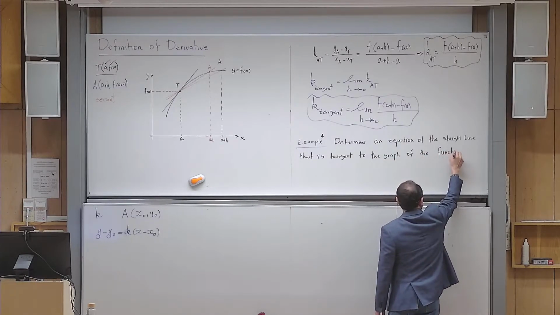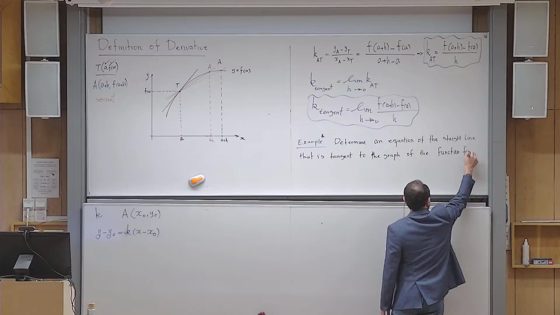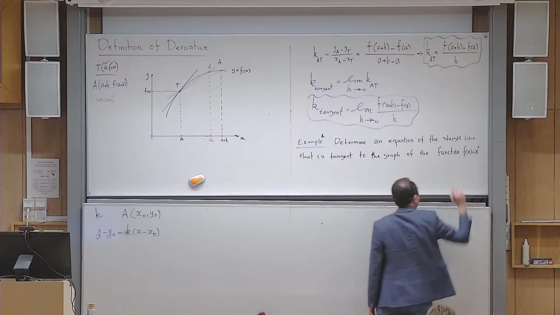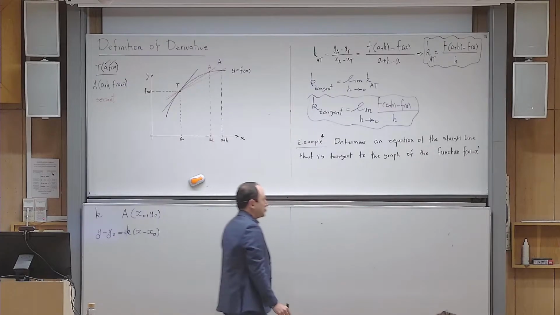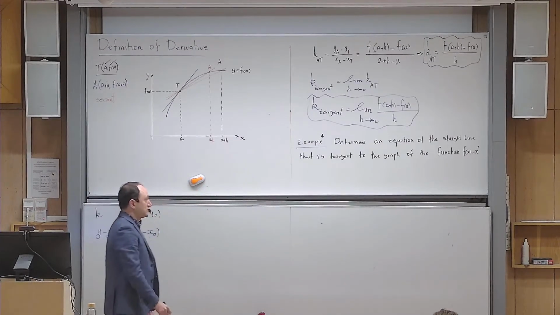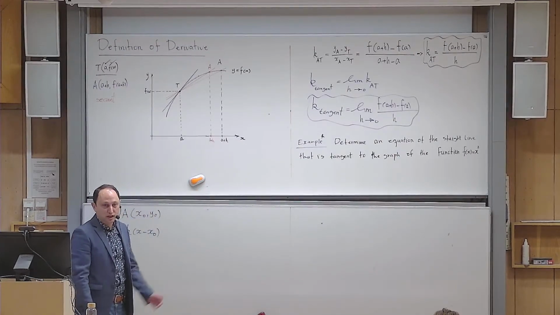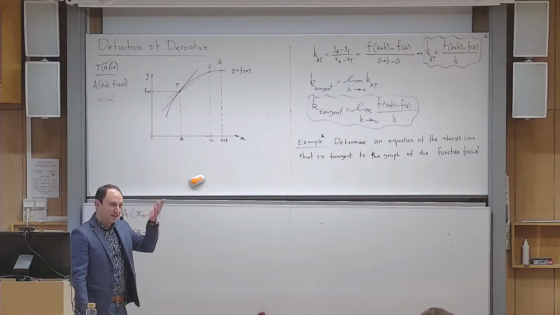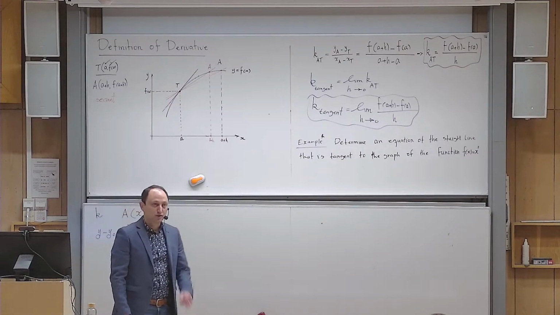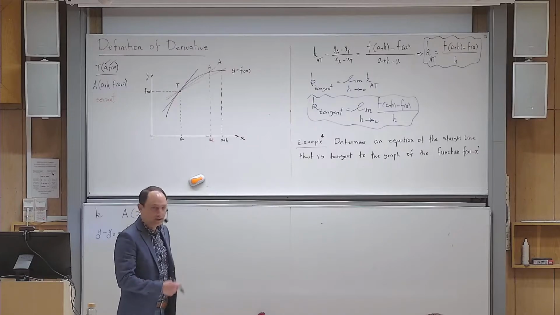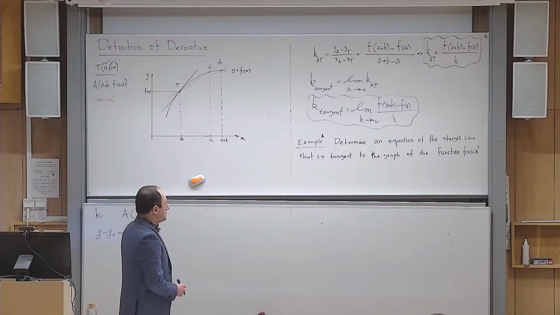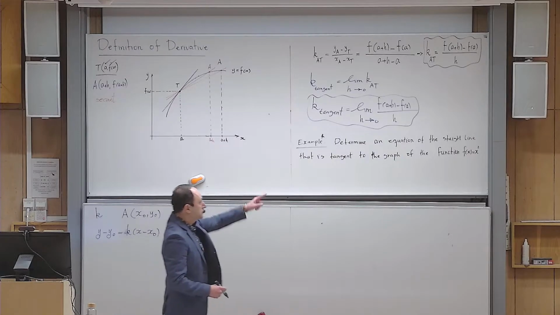Let me make it simple. Of the function, a very simple function, f of x equals x squared. Probably this is the simplest curved function ever, yes? Because if I write f of x equals x, then it becomes a straight line, and the idea of having a tangent line to a straight line probably is not that intuitively clear. So determine an equation of the straight line that is tangent to the graph of this function at